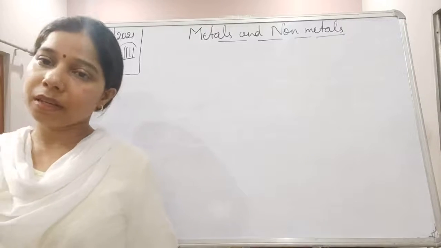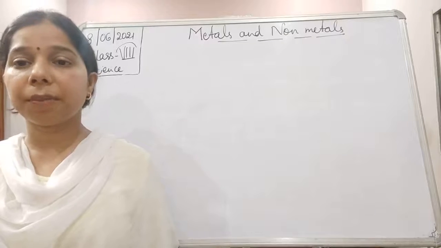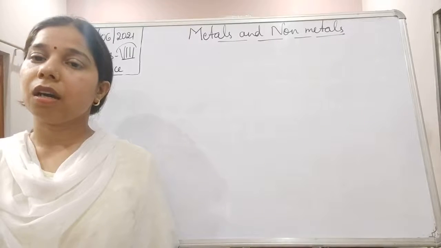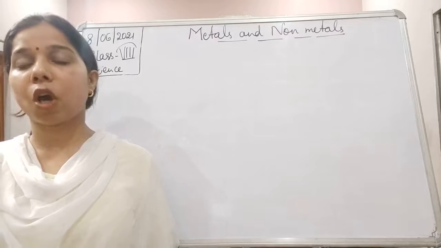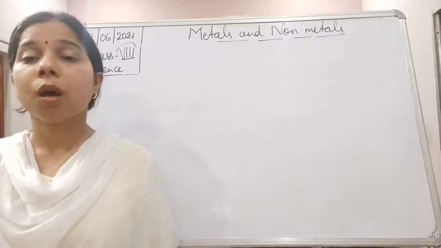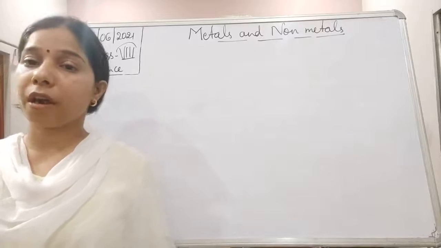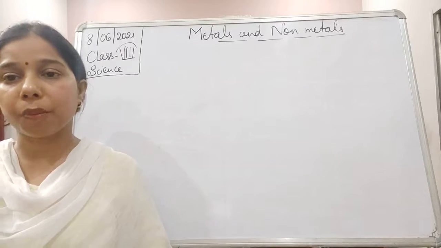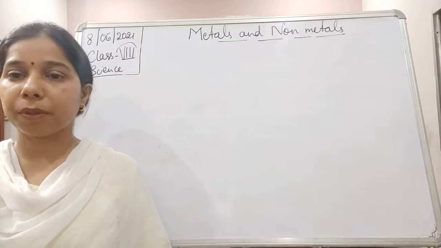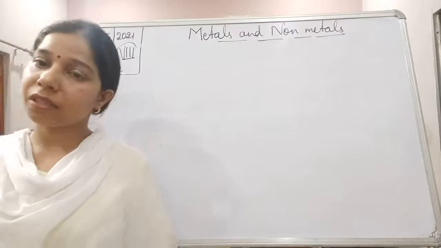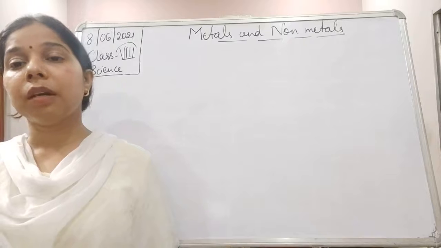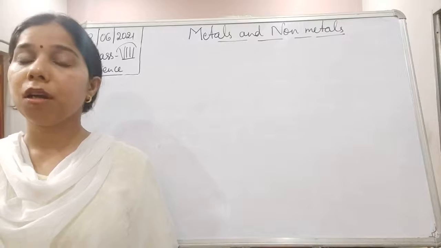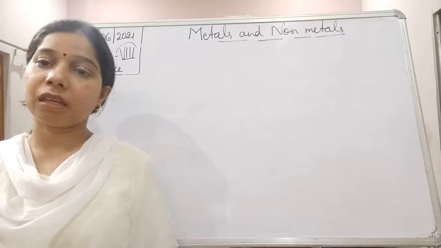Then copper is there, student. Copper reacts with the carbon dioxide gas present in the atmosphere, and not only the carbon dioxide, but the moisture and the oxygen present also react with the copper and form copper hydroxide and copper carbonate, which is a kind of green coating on the copper. That we call the corrosion of copper. We have seen that aluminium also reacts with oxygen, and aluminium oxide is formed. That is how corrosion happens in aluminium.